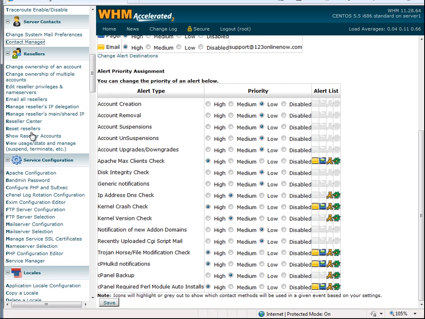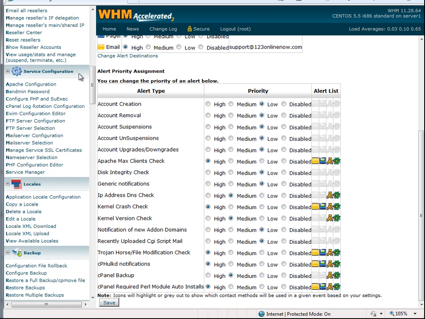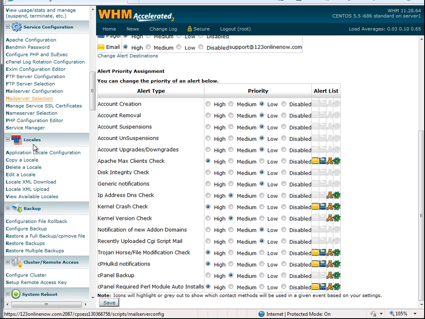Then under here you can set up reseller accounts. That will give somebody virtually their own WHM, but not with as much controls as you have. And then you have the service configuration,